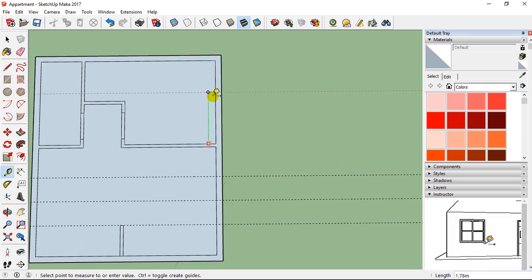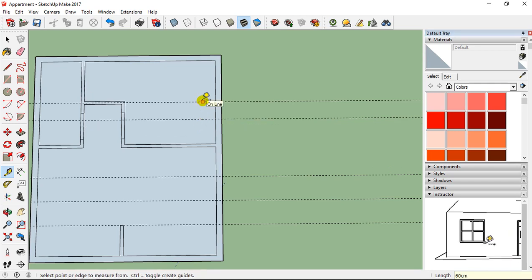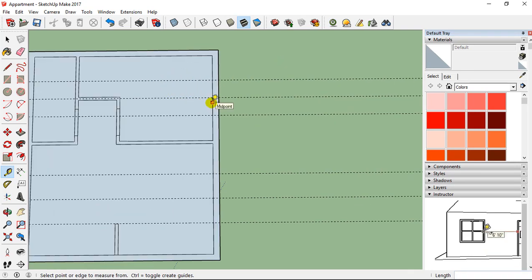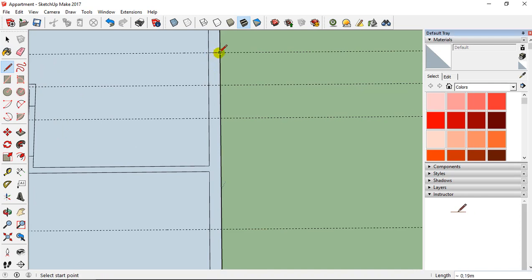So I take the center point like this, but this time I'm just going to add 60 centimeters here and 60 centimeters here like that. Then I have just to take the line tool, and I go intersection like this.